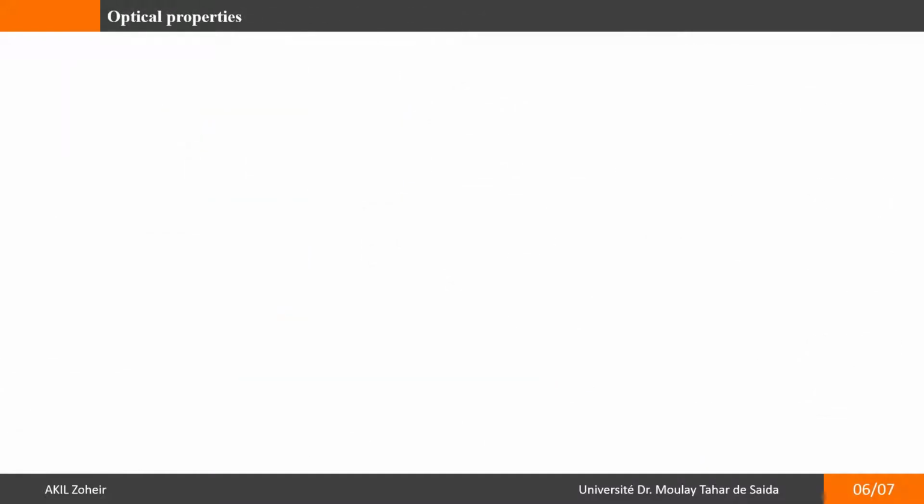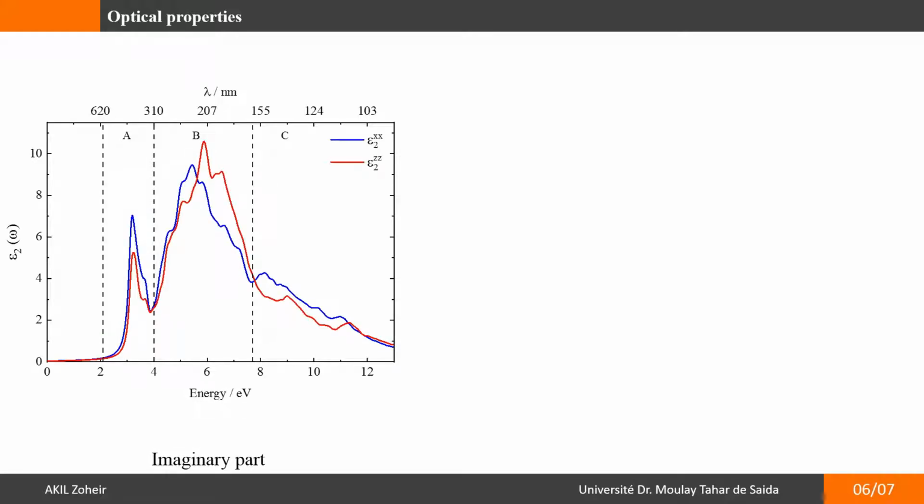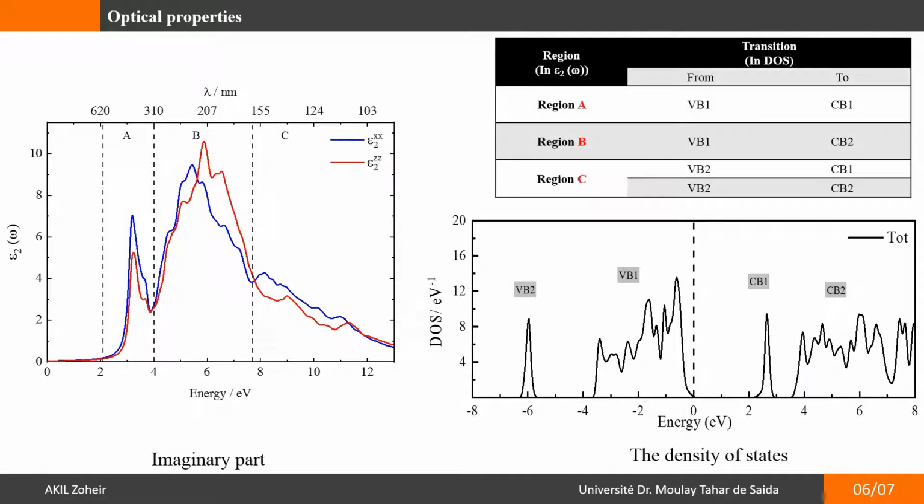For optical properties, we use only the imaginary part of the dielectric function. The role of this part is that it allows us to describe all the interband transitions. The following figures show the imaginary part of the dielectric function calculated in the energy interval 0 to 13 electron volts. We note that epsilon 2 exhibits a relatively marked anisotropy in the range of energies between 5 and 12 electron volts. Thus, we can see that epsilon 2 is practically 0 up to the value A0 equal to 2.19 electron volts, which corresponds to the value of the gap.